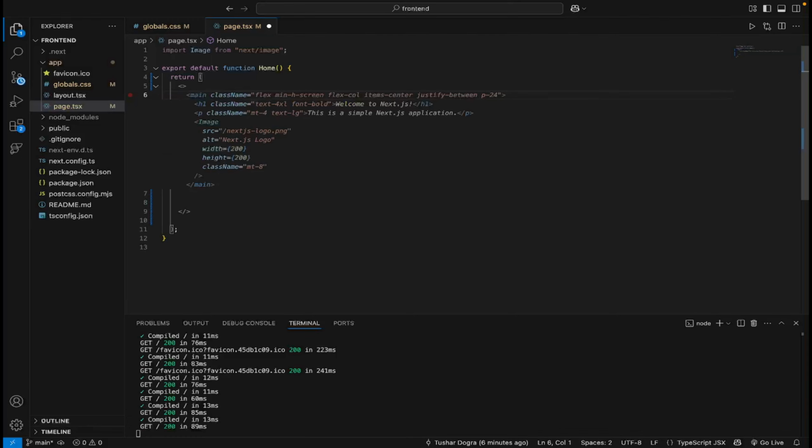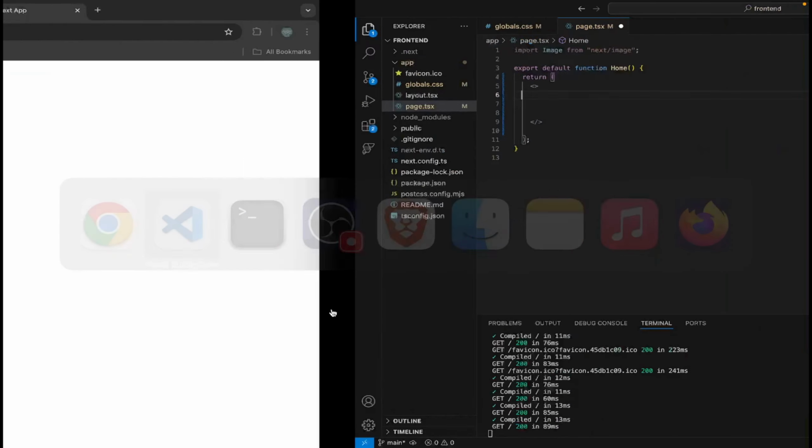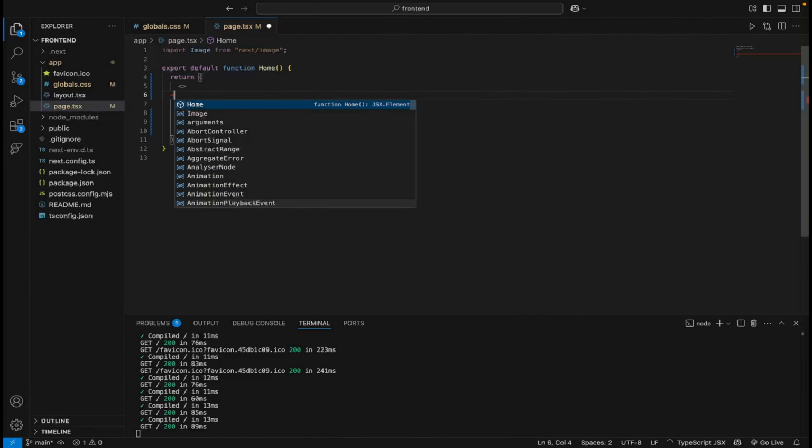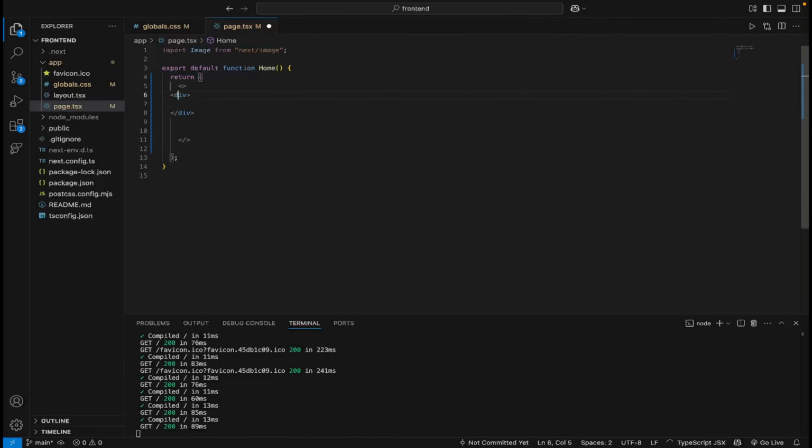So let's try to build a landing page. In the landing page, what we need is the navbar, a text in the middle section, and some footer, right? So let's do one thing. We will make a div, and in this